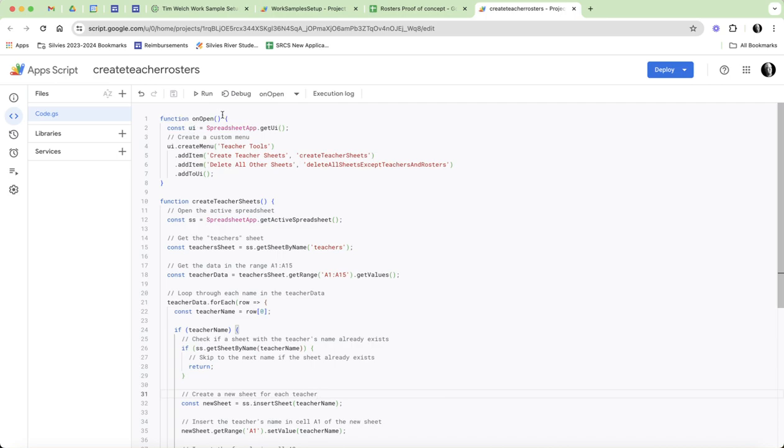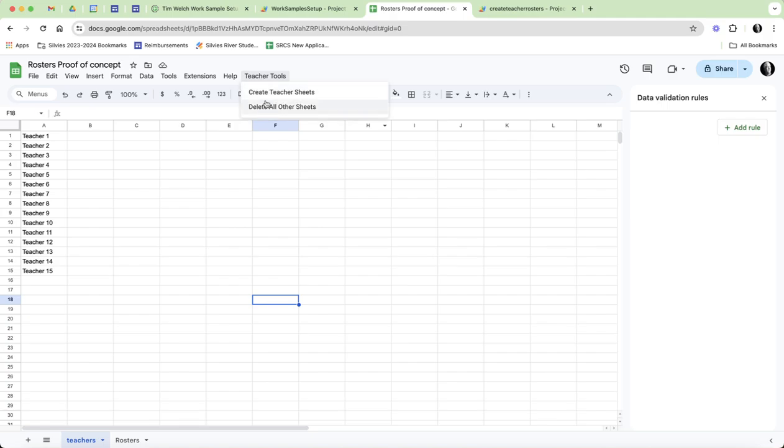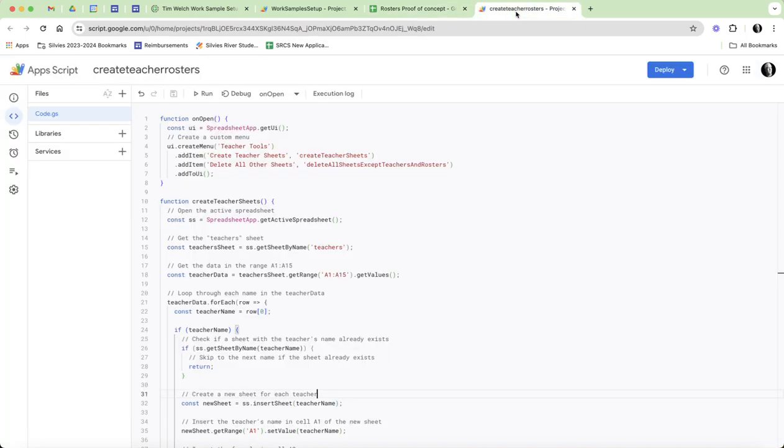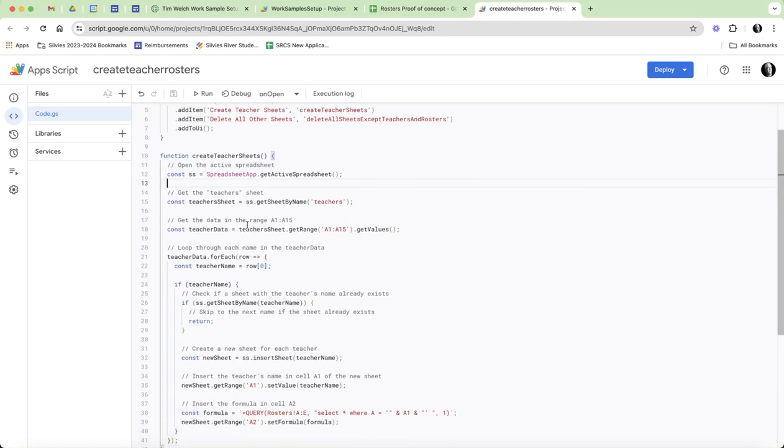I built an onOpen function so that I could build a menu. You can see my Teacher Tools menu: create my sheets, and also delete them. For testing purposes, I could delete the sheets. So here's the onOpen function. My next function is to